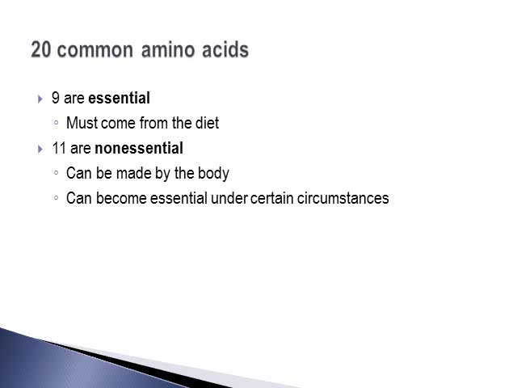So if you don't consume enough of the essential amino acids that are used to build some of those non-essential ones, then some of those non-essential ones can become essential. So for the most part, 9 are essential, 10 or 11 are non-essential, but some of those, again, can become essential during times of inadequate intake.